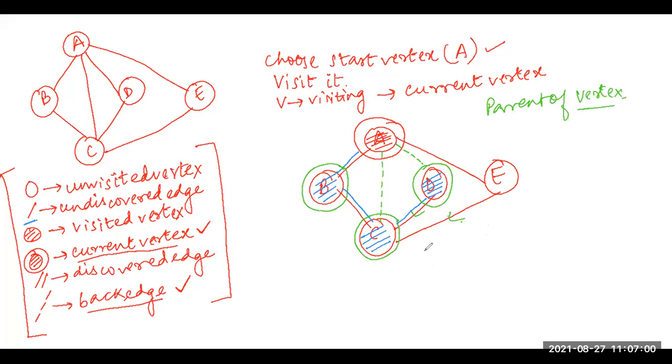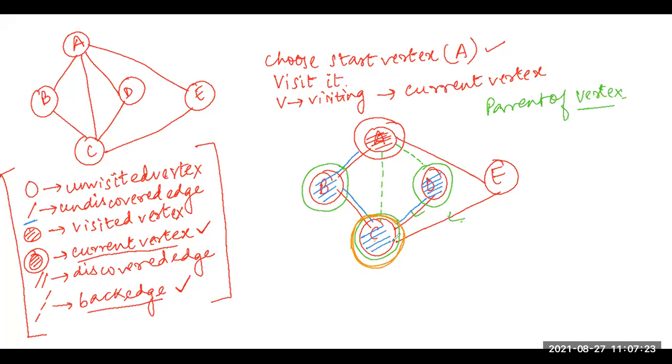If D has come, then that is its immediate parent. So we will backtrack to C. Now when we backtrack to C, this is backtracking and this is a back edge. The two have different meanings. When we are backtracking, C is again my current vertex, because we will look from C for new edges.